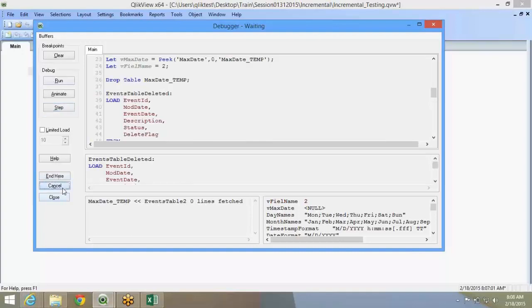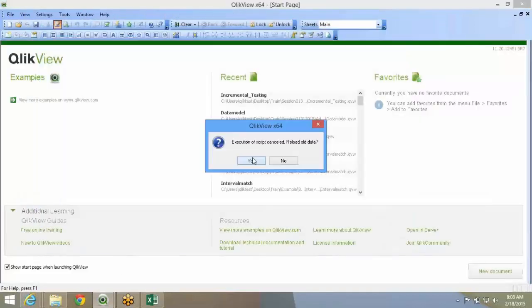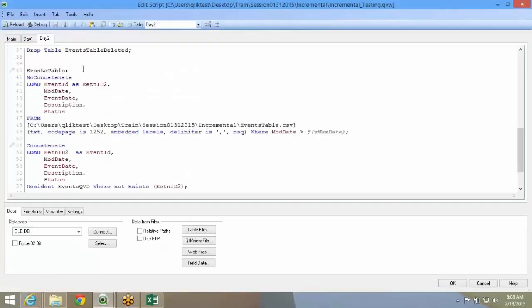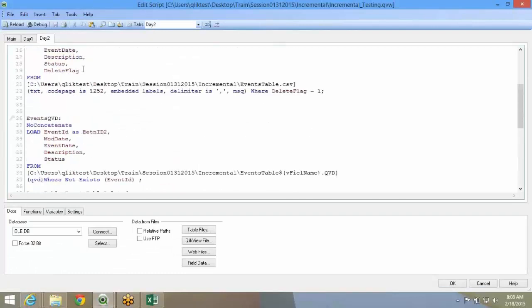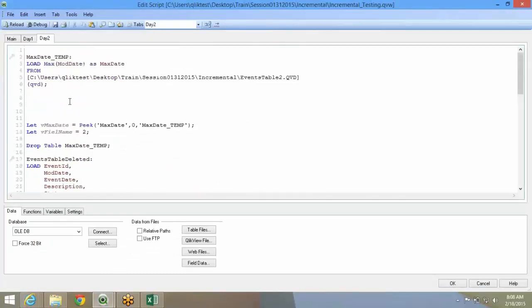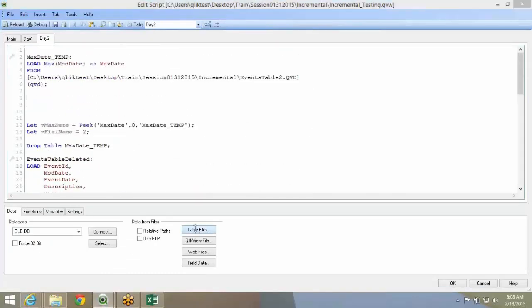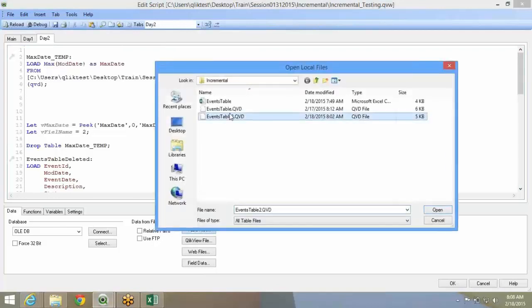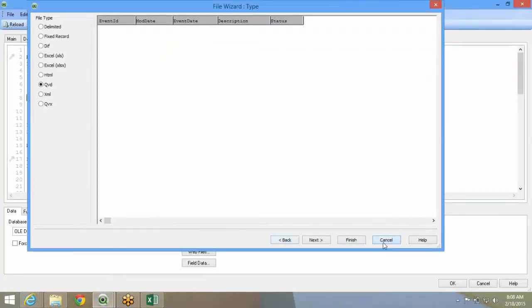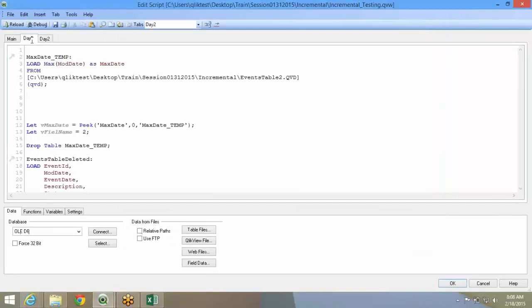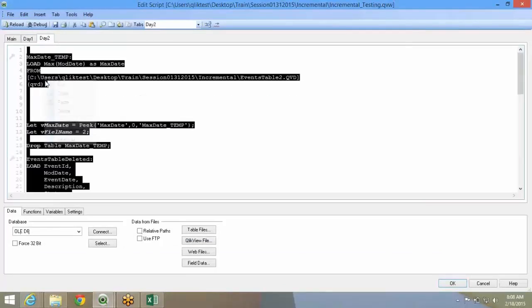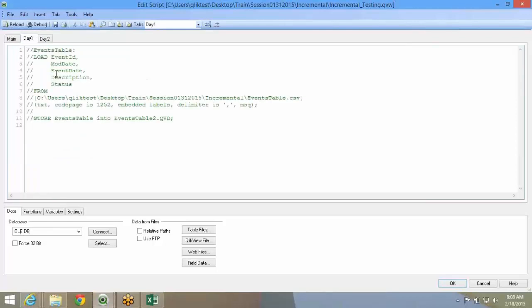Okay, I'll just cancel it here. Let me just see why this is not bringing the right data. I'll have to bring in that events table to QVD. Oh, okay. So this events table 2 does not have any data. So technically our day 1 QVD has not created anything.